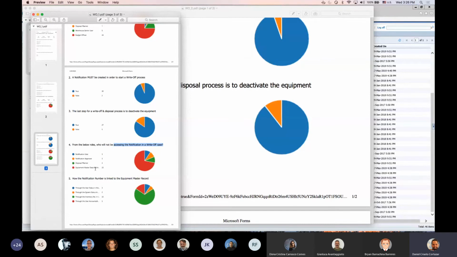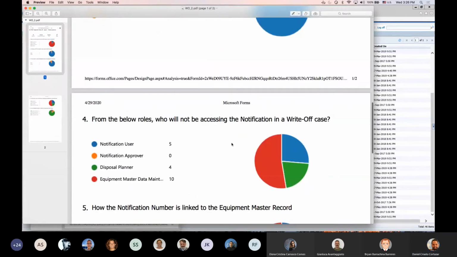Obviously, it will be the equipment master data maintainer, right? But the notification user, the approver, and the disposal planner, yes, they do have to access because they have to take action, but not the equipment master data maintainer, right? We have plenty of people saying so, it's okay. Let's see in the second try. Well, in the second try, we can say that